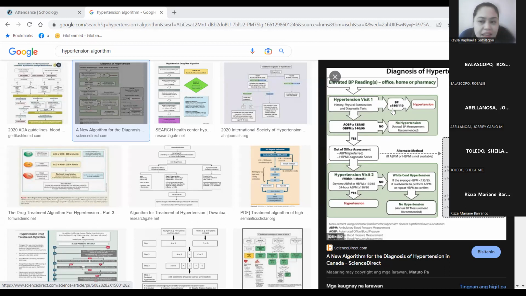When the BP gets more than or equal to 180 over 110, automatic, class, the person is diagnosed as hypertensive. Okay? Automatic ha, if pag-visit una or pagpa-check una ng BP more than or equal to 180/110 agad, that's hypertension. Now, pag hindi more than or equal to 180/110, but it's like ang AOBP means